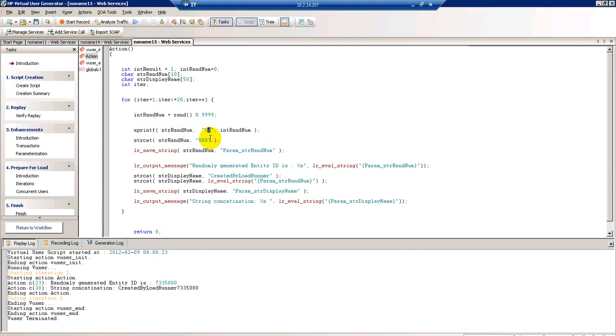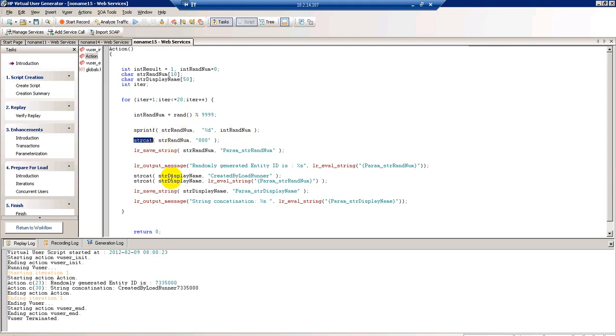But why am I using %d? In C programming or C++, to read the values from integers we have to use d. To read the values from characters we have to use c. So there is certain syntax you need to follow to read the values from specific types of variables. Here I am reading the values from an integer data type. That's why I am using %d to read the values from this variable and store them into this string variable.